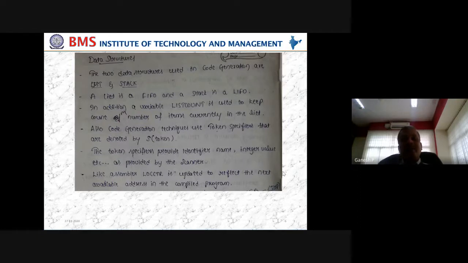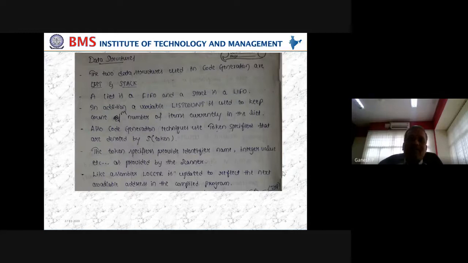Internally, each token is provided with a number, and that number is what we'll use in code generation, because we cannot use printf always. We'll represent it as its own token number, and for everything we have generated as tokens, maybe identifiers, data structures or data types, all will have token numbers, and those tokens will be used in the data structures. The list will be used to represent them as well.